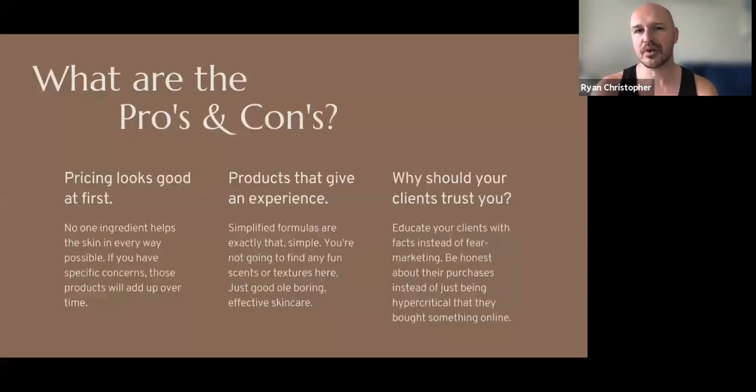Now let's look briefly at what are the pros and cons when looking at these types of brands. And as an esthetician that does have product to sell, how do I recommend or disinterest my clients away from certain brands like The Ordinary? Well, first of all, pricing is always going to look good when you look at The Ordinary. But after that first glance, and you really start to add up all of the different products that you would need to pull together in The Ordinary brand to make up some of the same active blends that you're already